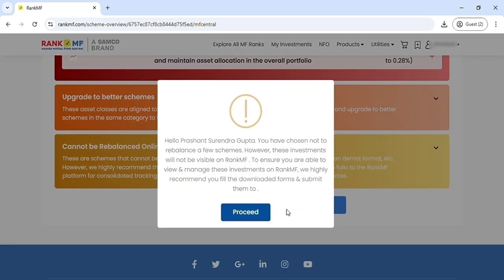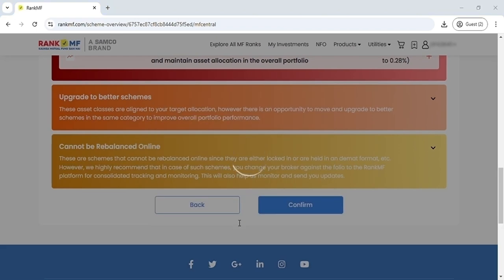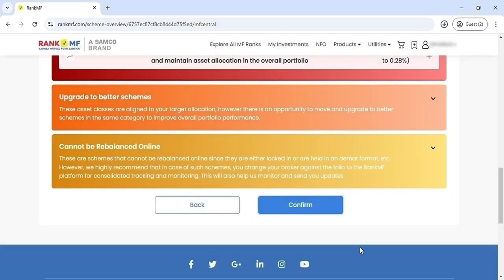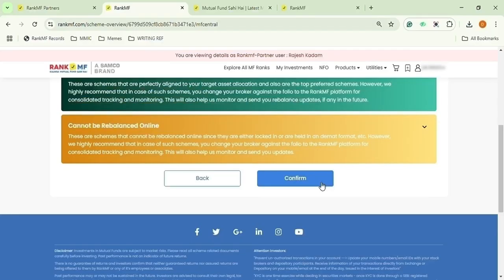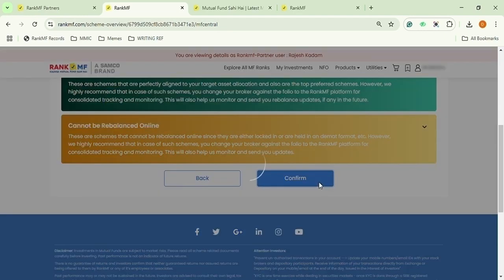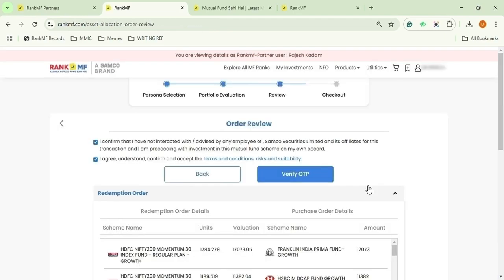With the client's consent, clicking the Proceed button will automatically download a pre-filled change of broker form. Simply obtain their signature on the form and submit it to the respective RTA or AMC office to complete the process. If the client does not have any holding outside RankMF and gives consent to proceed with the recommended schemes, clicking the Proceed button will directly lead to the order review page.